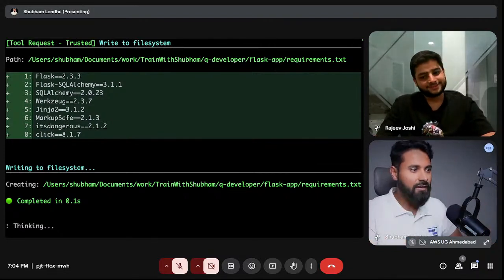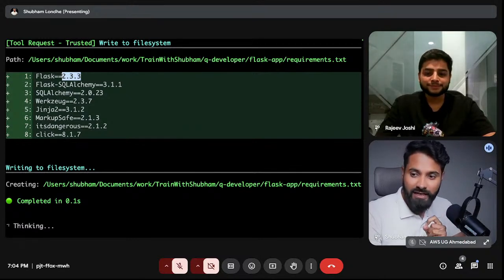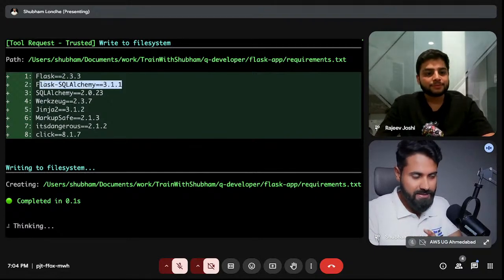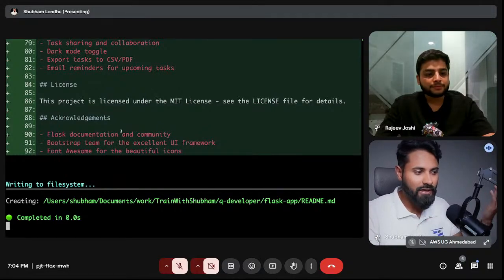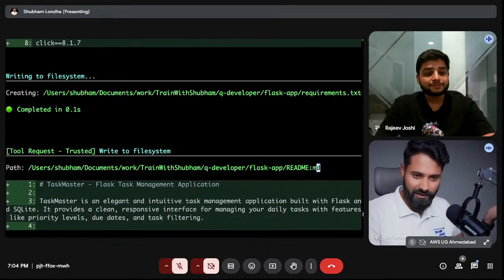Oh, you can see the Flask version is also locked, which is again a good practice. Version locking. We have database connectivity, SQL, templates. Okay, it also wrote a README file.